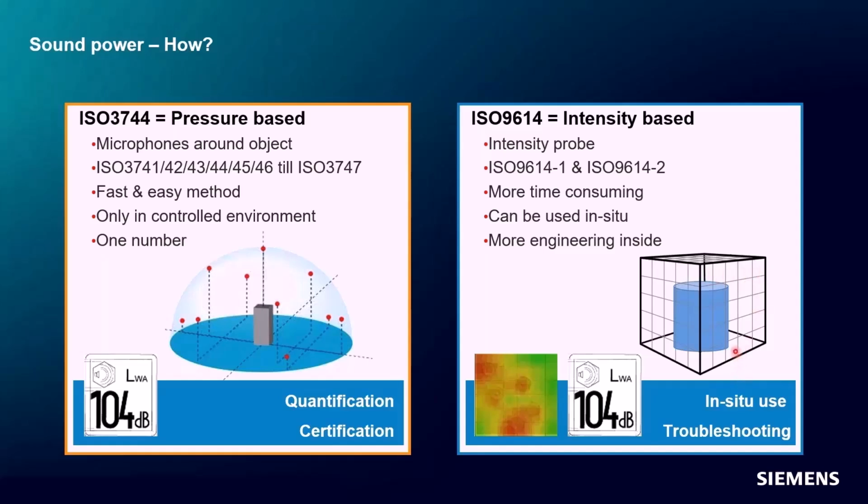On the other hand, there is also a scanning method where instead of measuring at each of these distinct points, a scan is done on each surface, once horizontally and once vertically, and you can use that technique also for sound power calculation. And there are ISO standards for that as well. ISO 9614-1 is for the discrete point method for sound intensity based sound power, and 9614-2 is the scanning method for using intensity for sound power methods. But today we are going to focus on the left side, which is the ISO 3744 and 3745 for sound pressure based sound power measurement.